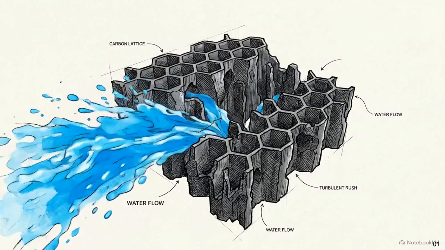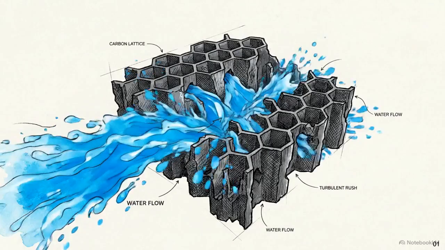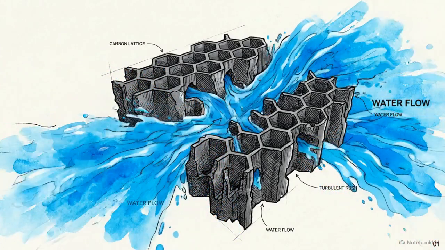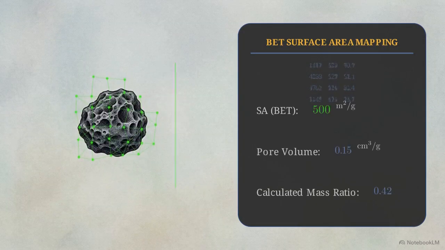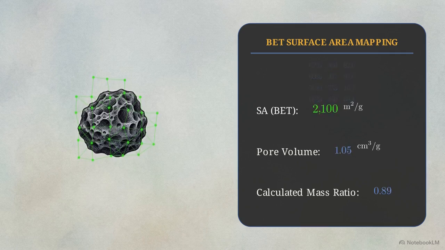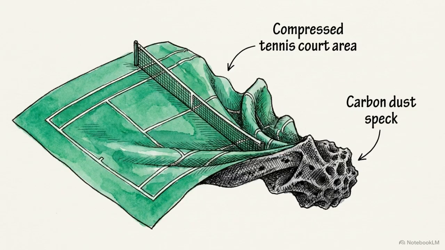For decades, activated carbon has served as the undisputed industry standard for filtering industrial wastewater. Its primary asset is its staggering internal geometry. Engineers measure this capacity using the BET method, which calculates the total accessible surface area per unit of mass. Standard commercial activated carbon routinely exceeds 1,000 square meters per gram, the equivalent of an entire tennis court folded into